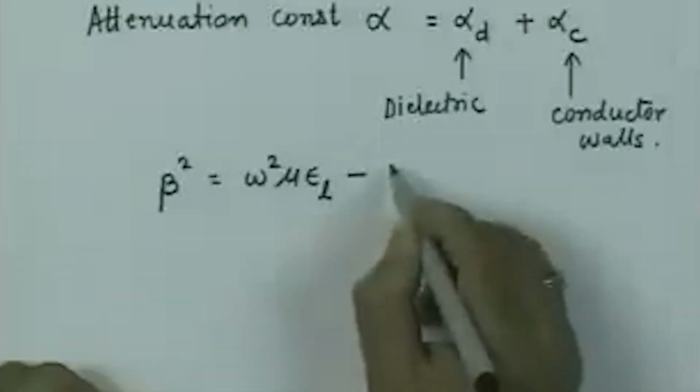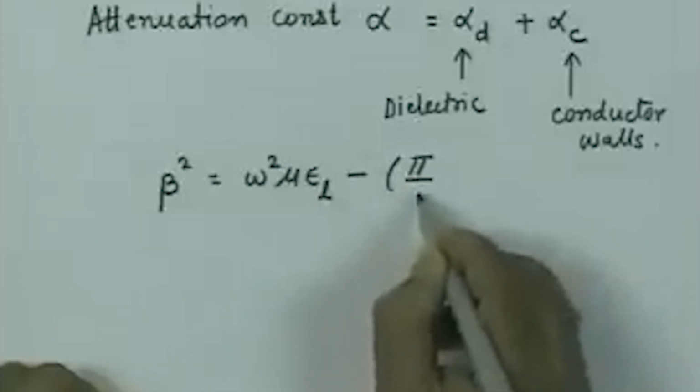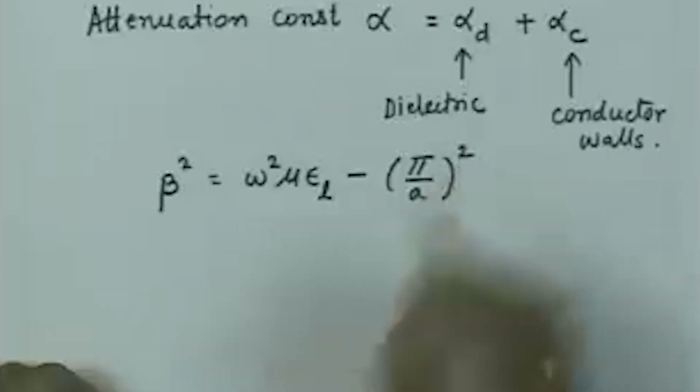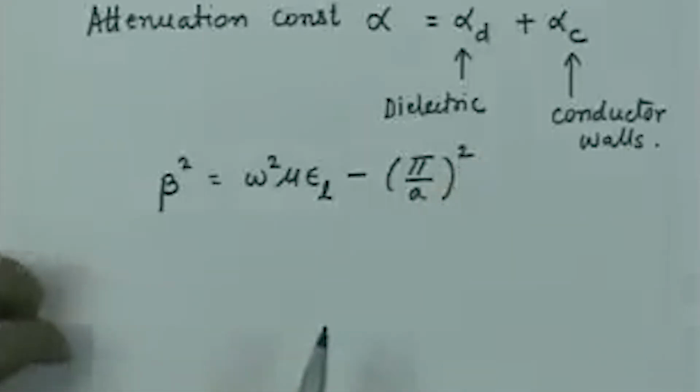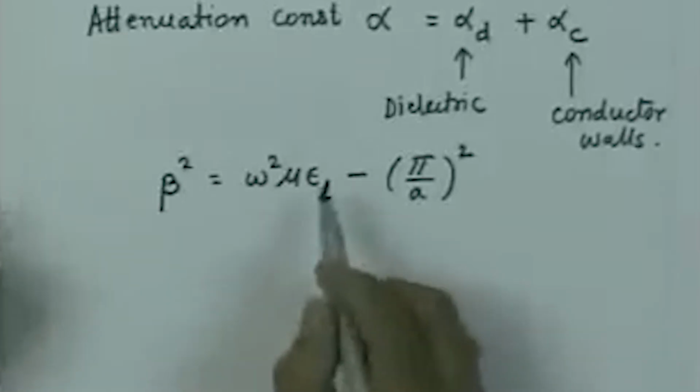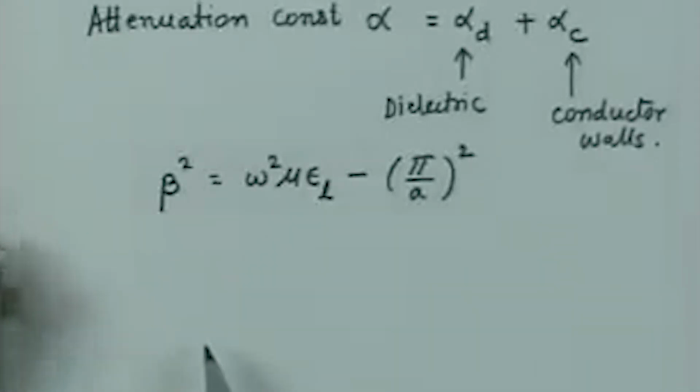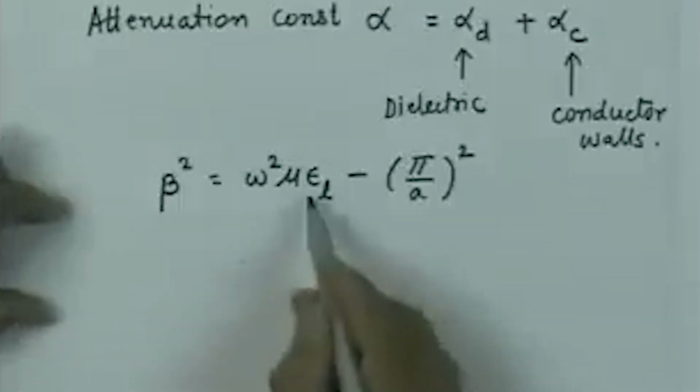So, that will be equal to pi upon a whole square. And this quantity, lossy dielectric permittivity,